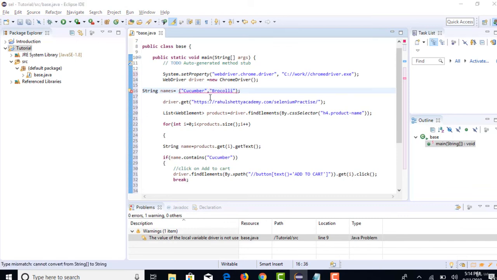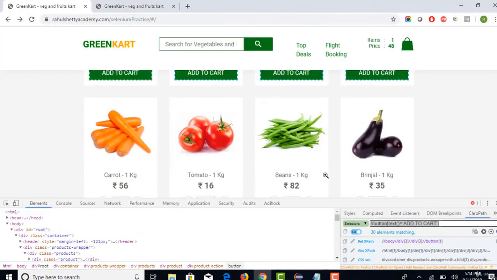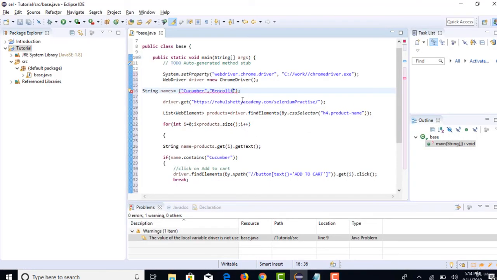Broccoli. So this is the one you want to click, right? Is the spelling correct? Broccoli. Okay. Right. So these are the different product names you want to give, and you also need to tell your data type that whatever you are getting this time is not a single string, it's an array of strings, and you want to represent it like this.